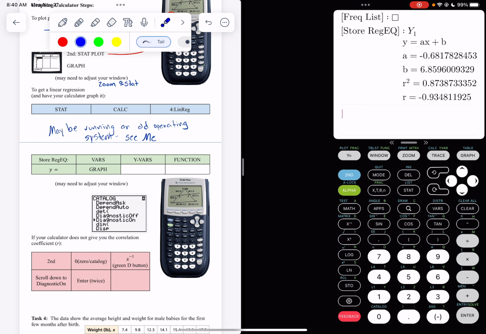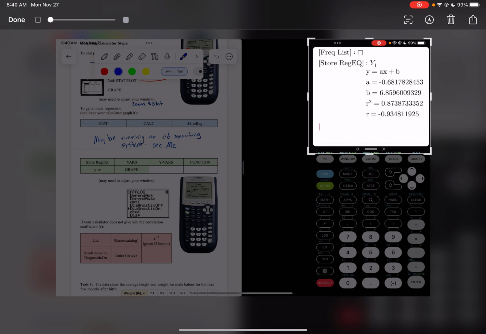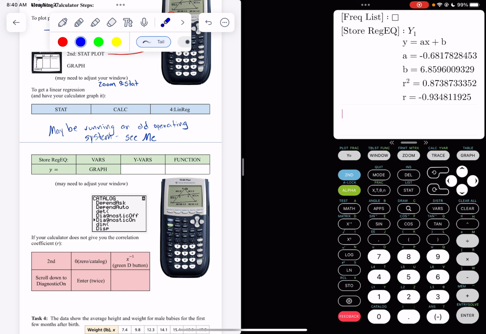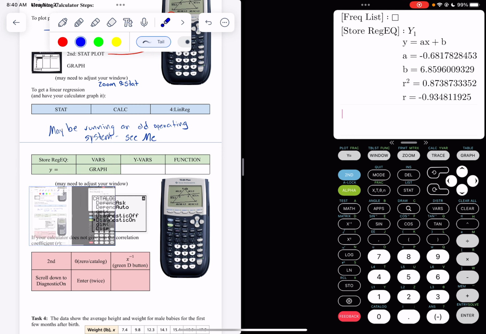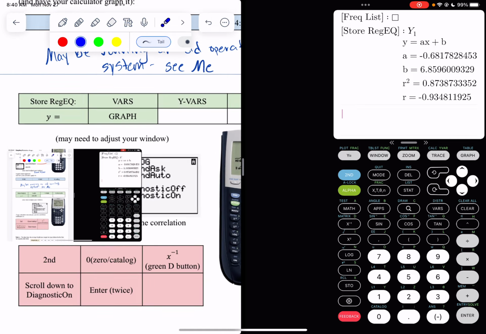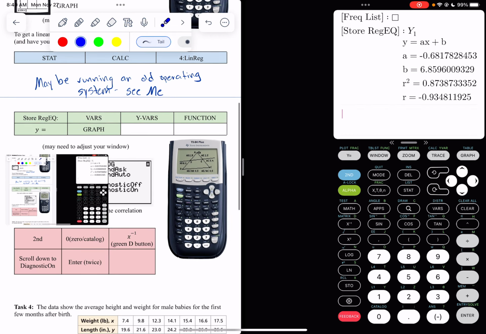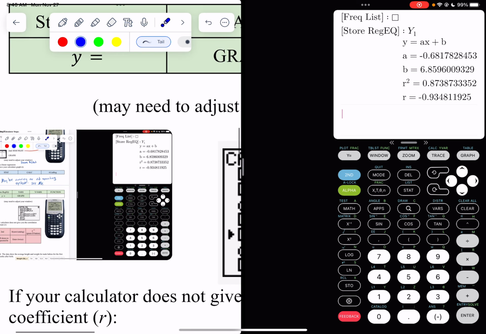I'm gonna take a picture of this real quick and we're gonna talk about it. We're gonna put it in, done. Okay, that works. I just wanna be able to write on it and then we'll get rid of it here in a minute. There we go. Okay, I know you don't have this in your notes, so I want to be able to